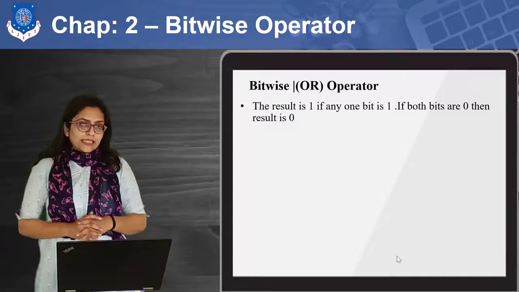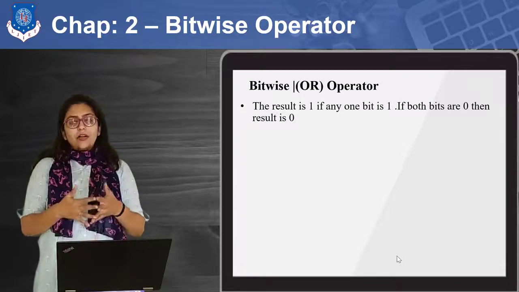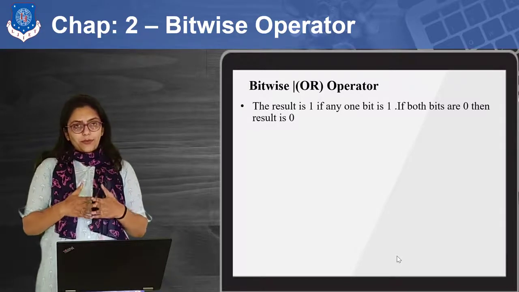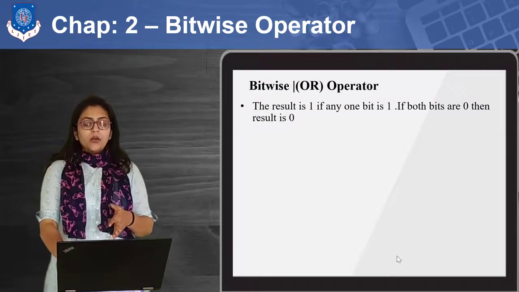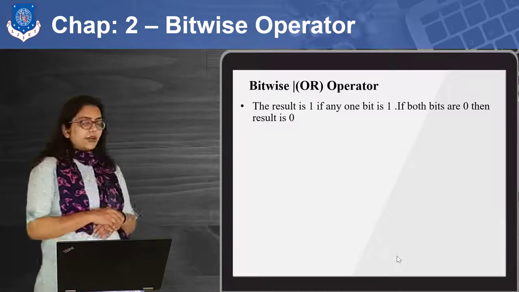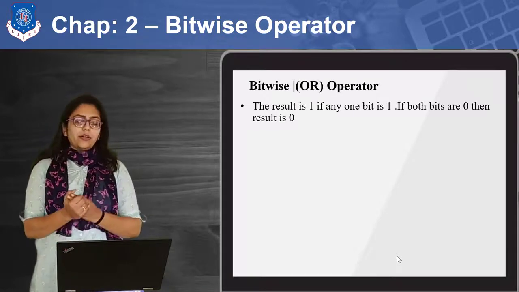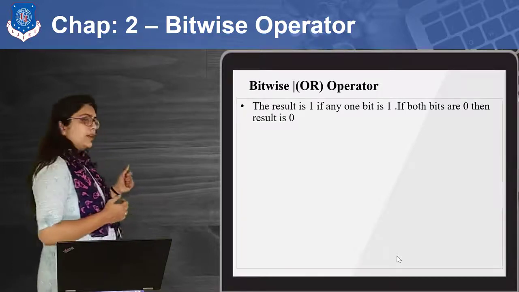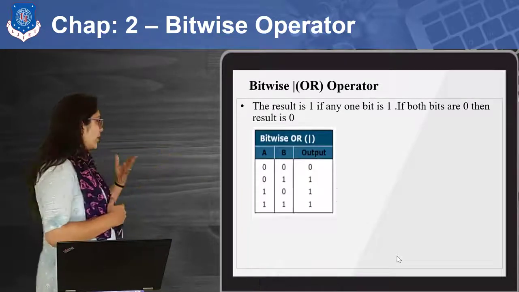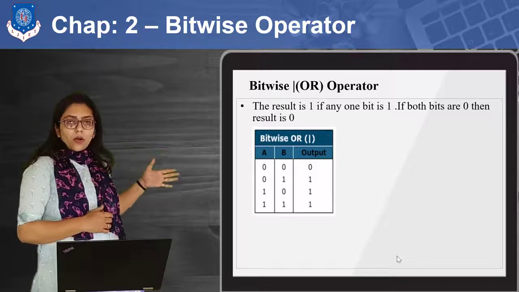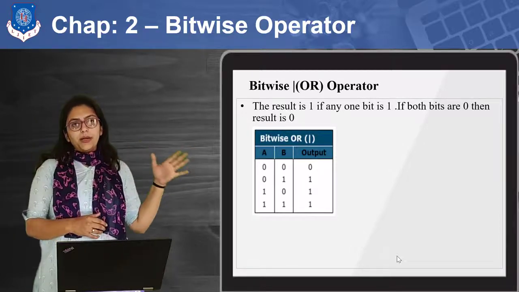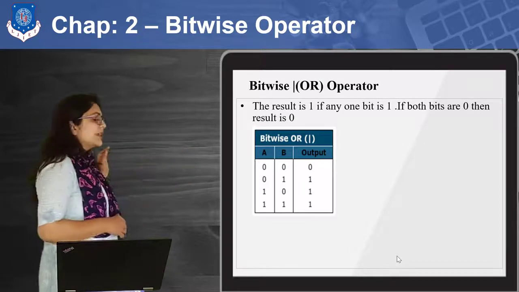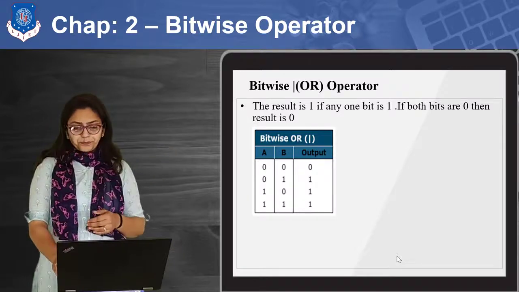You can perform this example by yourself and check how exactly these bitwise operators work. Now after that, the second operator is the OR operator. The OR operator is similar to the logical OR operator, but what is the difference? This OR operator will work only with bits, so we have used a single vertical line over here.